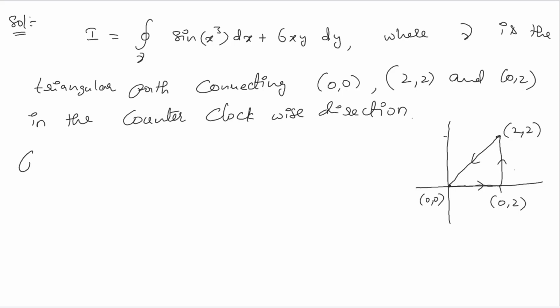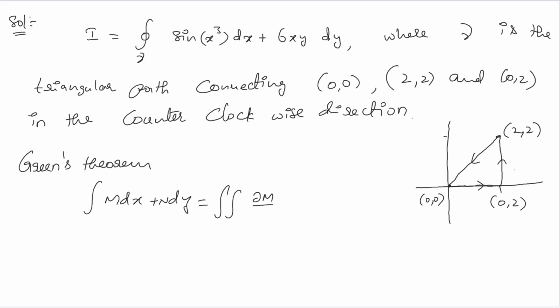Now Green's theorem tells us that the integral of M dx plus N dy is nothing but the double integral of dou N by dou x minus dou M by dou y dx dy. This is Green's theorem. Now by simply applying this theorem, we get